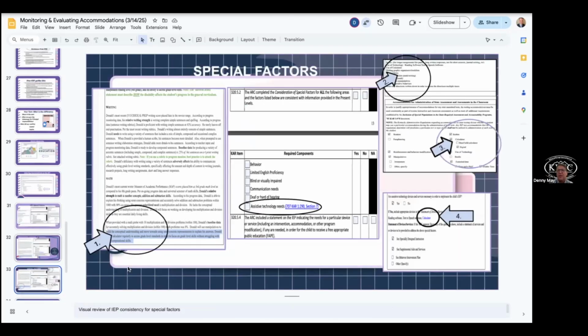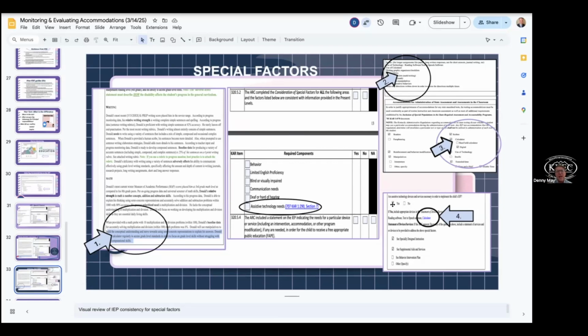And then the next screen grab, or a series of screen grabs, this is a busy slide, I know, but I wanted to show you all four places that it's required. Okay. So over here in number 3, we've chosen on the IEP that the student's going to get a calculator. And then we've also marked it in special factors and we've documented it with the word calculator and we've checked the box. Now, just this morning, I received some correspondence from KDE that said, hey, we've been reviewing some files and we noticed that there's 2 that did not mark yes.